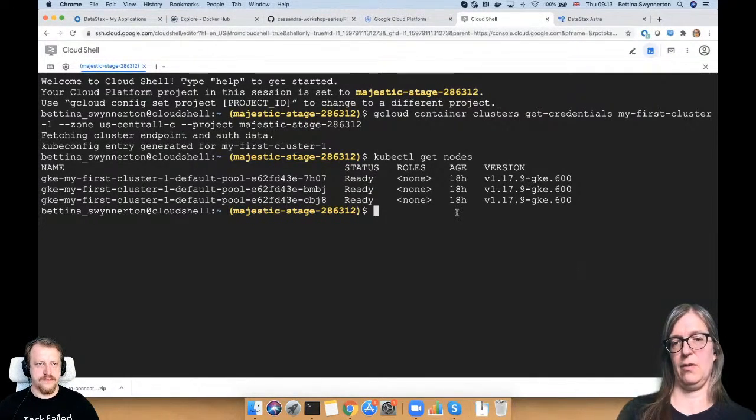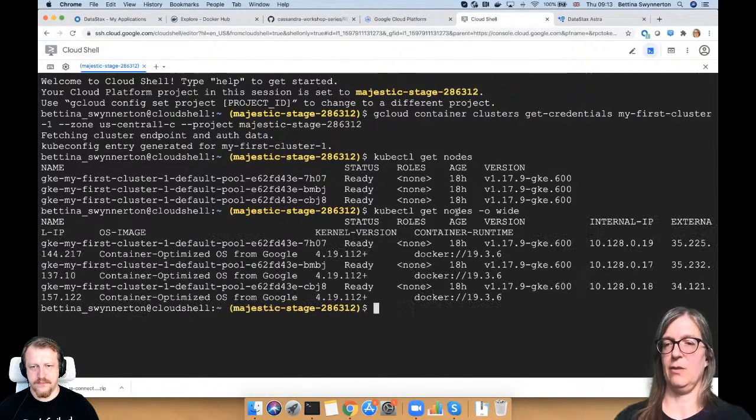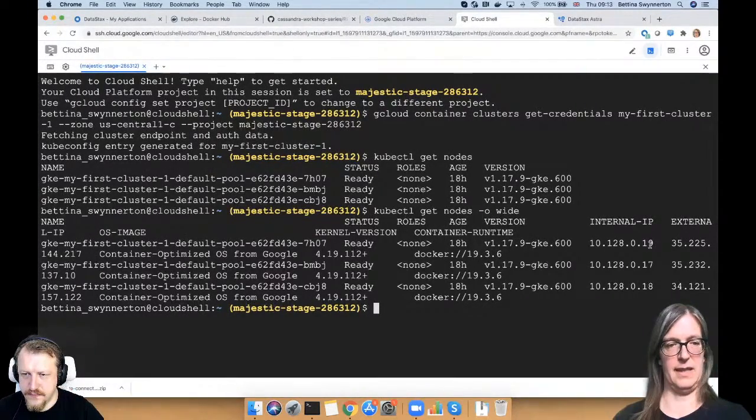And if I want more detail, I go to the -o wide option. Oops, my typing. And now I see also the networking. So I see the internal IPs, they all have internal IPs, and I see the external IPs. We have a bit of a line break here because of the font size, but this is important.